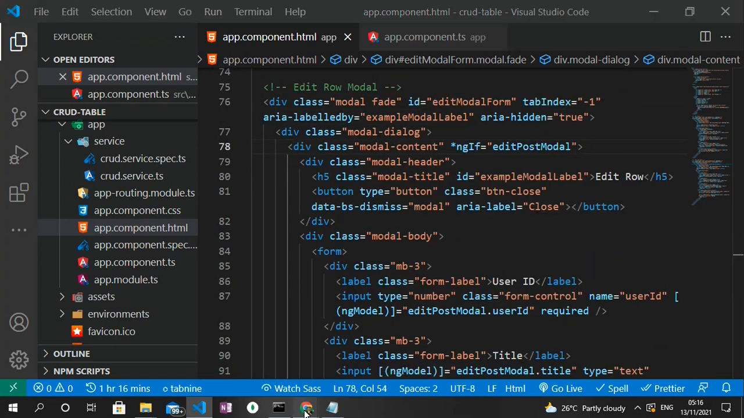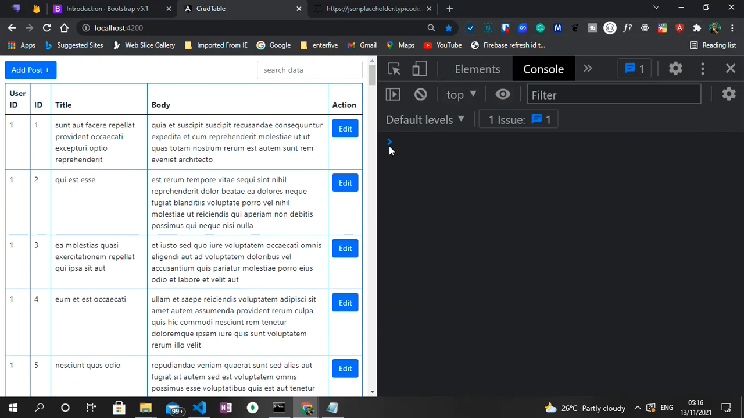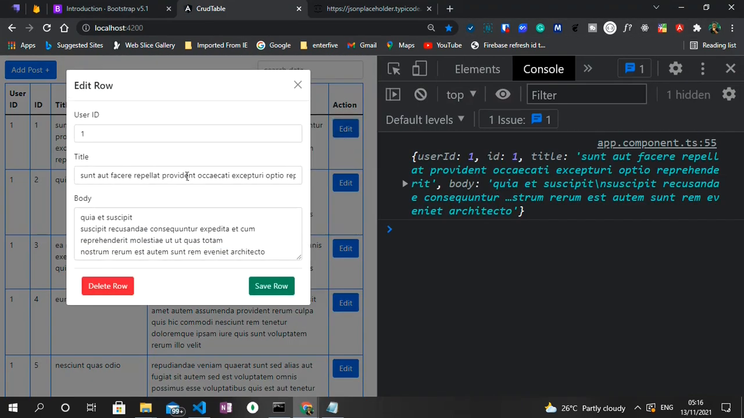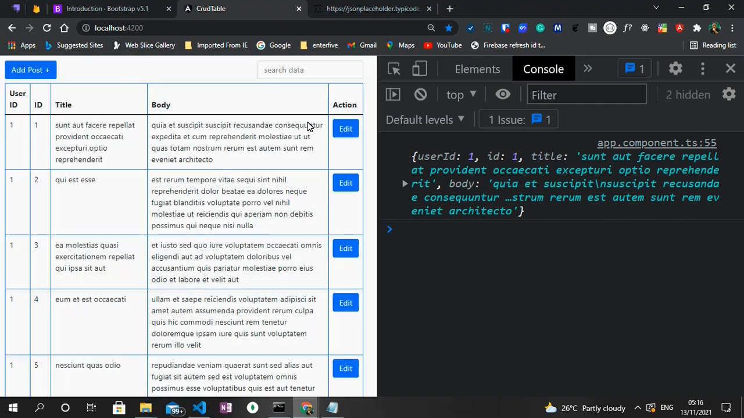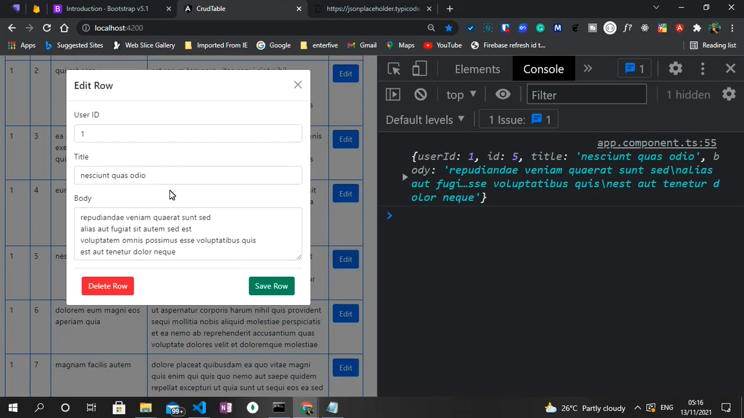So let me save that and head straight to the browser. Okay, first we no longer get an error. So let me click on the edit for the very first one. As you can see, we get the data which we have in this console right in the input field. And then if we go to probably the fifth one, you can see we have the data there,